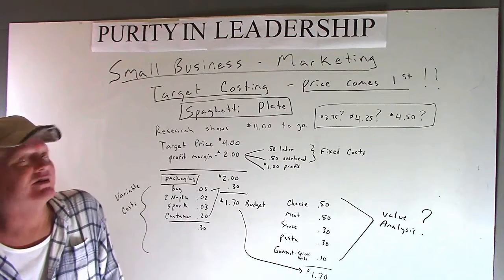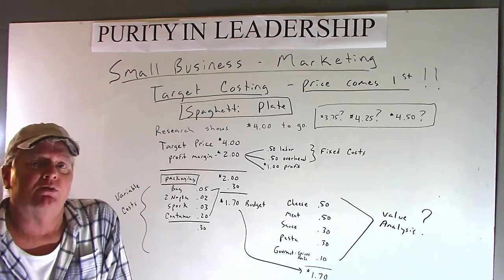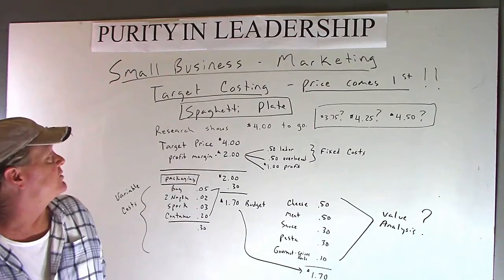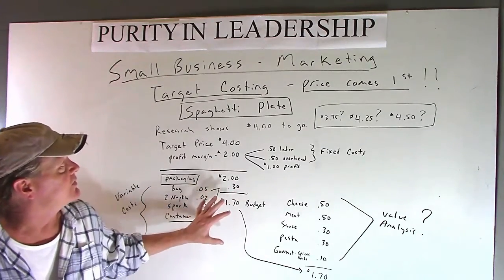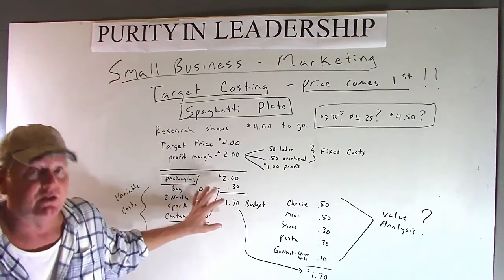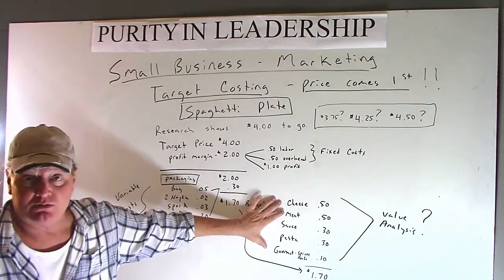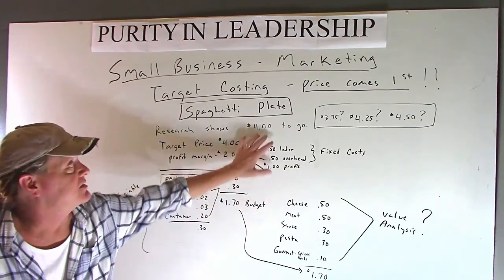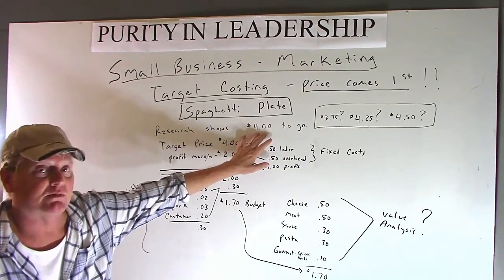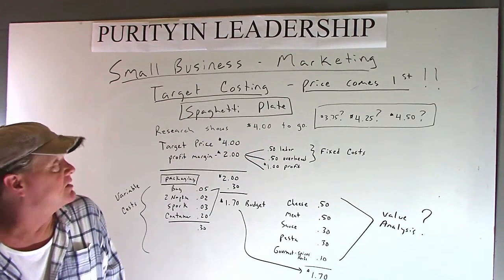So that is target costing. When we looked at the 4 P's, the product, the price, the place, and the promotion, we are looking at the product and the price. And we are also including the 4 C's, which is the customer solution. Is this what they want? And is this the price they're willing to pay? So our research said that this is a good 4C price, the cost to the consumer. So I hope that makes sense. That's a spaghetti